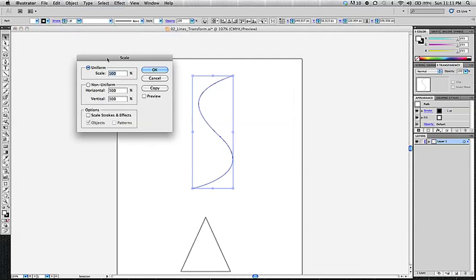So here you have scale change if it's uniform. That's like holding down the shift key so that it changes scale in the x and y axes uniformly. Or you can go non-uniform and say I'd like to scale it, vertically horizontally along the x-axis or vertically along the y. And here's a nice little feature: scaling strokes and effects. If I were to select this and change my scale from 100 to 200